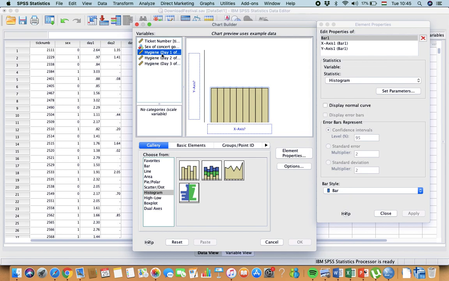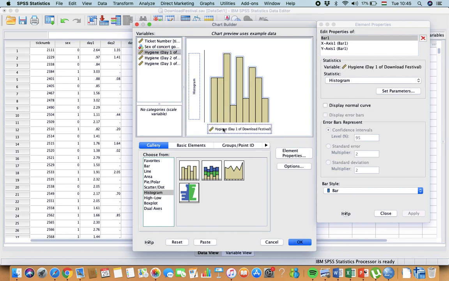We would like to see the frequency distribution of scores on day 1, where we have the complete data of the participants. So what you do is you drag your variable and you drop it to the x-axis, and this is a single variable, and it will be displayed against the frequency of scores. So here we will see on the y-axis how frequent one score is. Then you click OK,